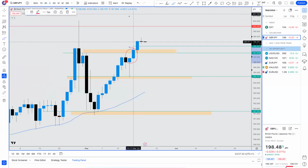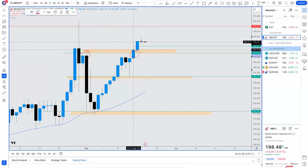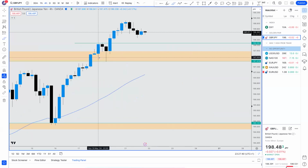After I saw this candle, I said, you know what? We have broken above this area of resistance. This was a strong area which we have closed above. Now it makes sense to start looking for buys, especially since we have closed above 197.500, which is a nice quarterly level. Right, so then I went down on the 4 hour time frame and I saw buying pressure from